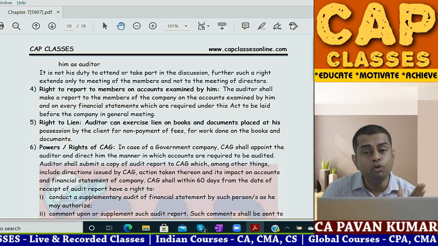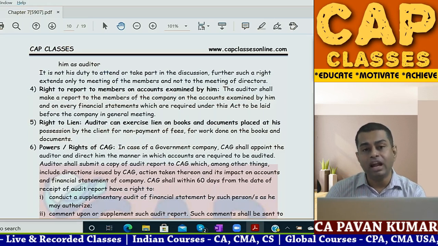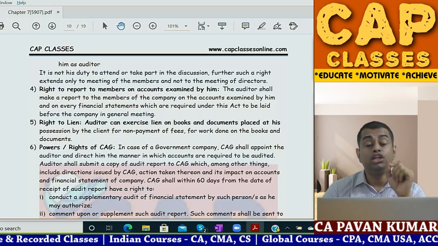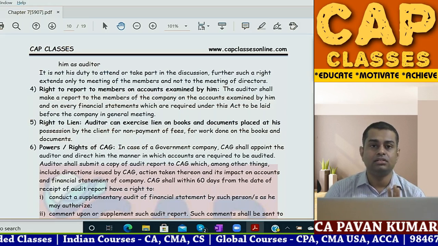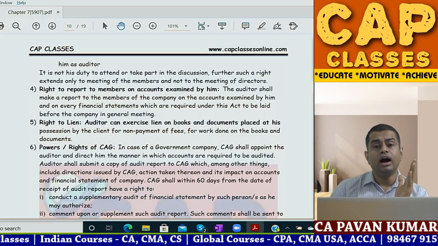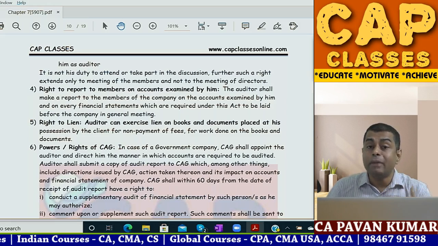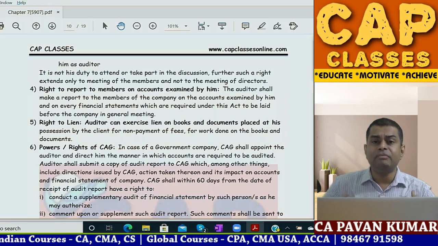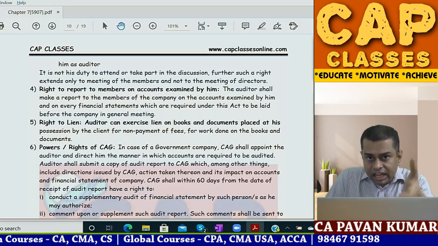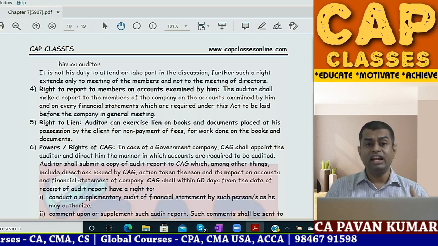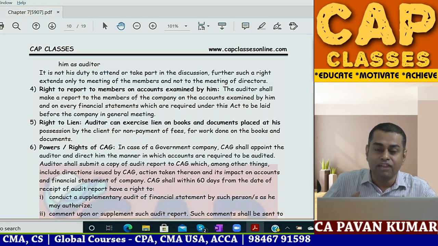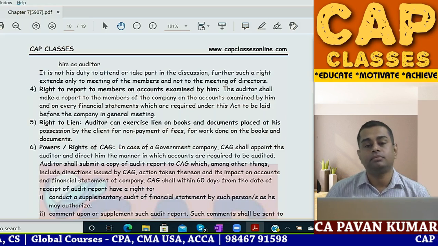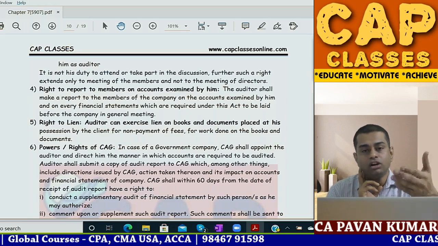If you are removing the books from there and keeping them at a different place, a resolution by the board shall be passed and submitted to the ROC within 7 days. So usually what happens, I am a chartered accountant in practice, if my client is a sole proprietor, he will bring books to me. If my client is a partnership firm, he will bring books to me. If my client is a company, I will go to the company and conduct audit. Why? Because they cannot bring books to my office.